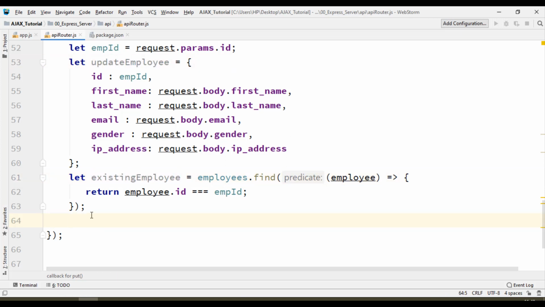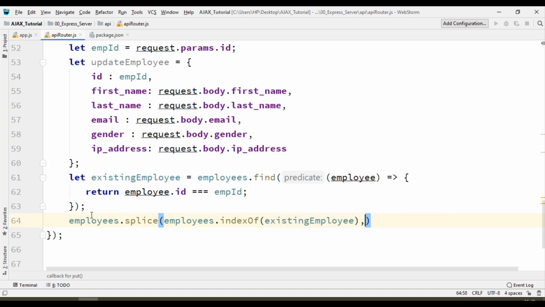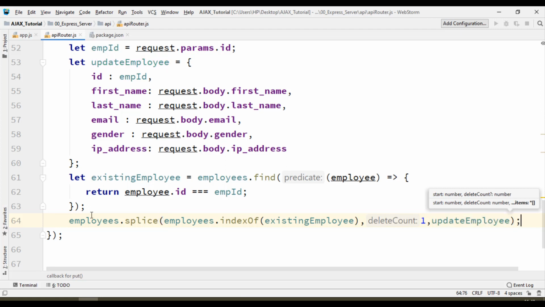So what I do is employees dot splice, here the index: employees dot indexOf existing employee, comma, only one element I want to replace, comma, the element you want to replace with is my update employee. So this is the step you have to do to update the existing employee in the array.